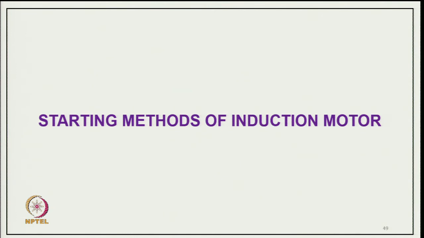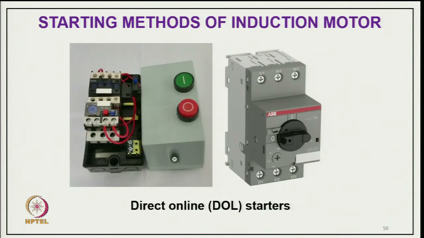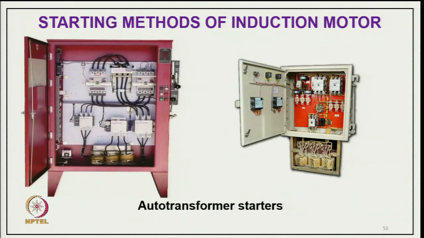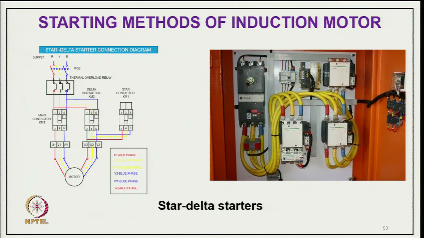Now, coming to the starting methods of the induction motor. We have different kinds of starters. This is the direct online starter, where you start directly and apply the full voltage, or we have the auto transformer type of starter, and then the star delta starter. First the motor goes in star, so that the voltage to the stator winding is reduced by 1 by root 3, and the current is also reduced at starting. Once the motor reaches a reasonable speed, we connect it to delta, because by that time the current is already reduced, and that entire process is automated nowadays. Earlier we were doing it manually, but now it is a time operated process that we consider,